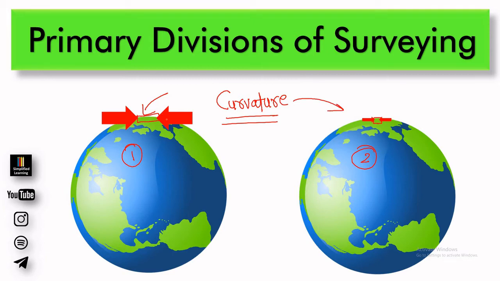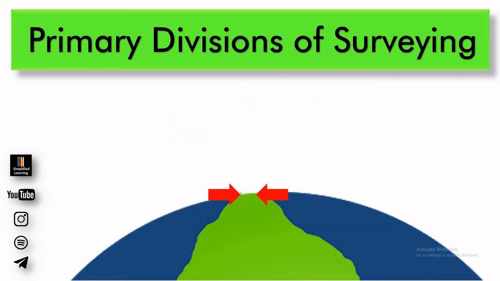Now the reason behind this is, the more area you consider on the surface of the earth, the more will be the amount of curvature. The lesser the area you consider on the earth, the less will be the amount of curvature. Now let's try to zoom in. See again what we have done. As compared to diagram number 1, in diagram number 2 the amount of area covered is less. Therefore, diagram 1 had more curvature, and diagram 2 had comparatively less curvature than diagram number 1.